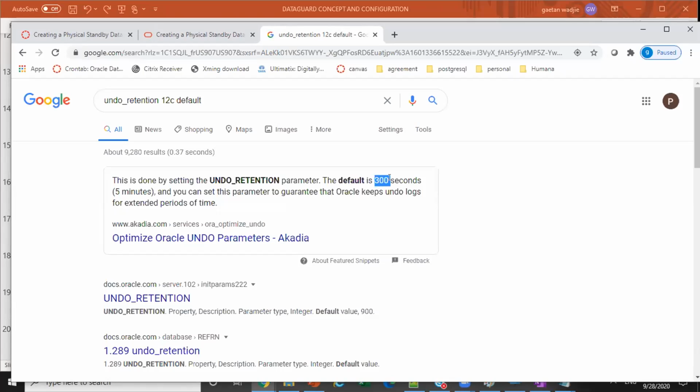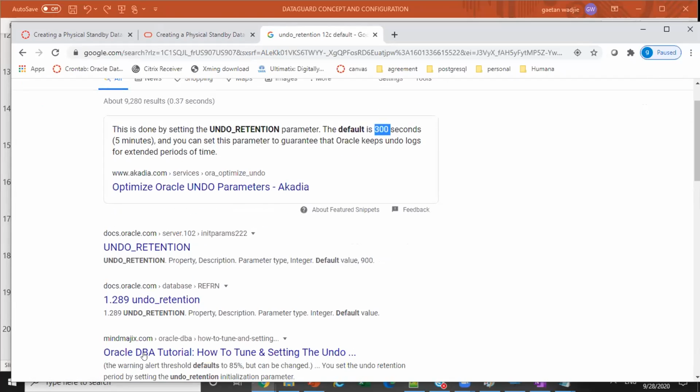You see? It's different. This is the one I know on 12C. Okay, so it varies across versions. On 11G it is 900, on 12C it is 300 seconds, 5 minutes. So that means if the undo retention is, for instance, 300 seconds or 5 minutes, it means